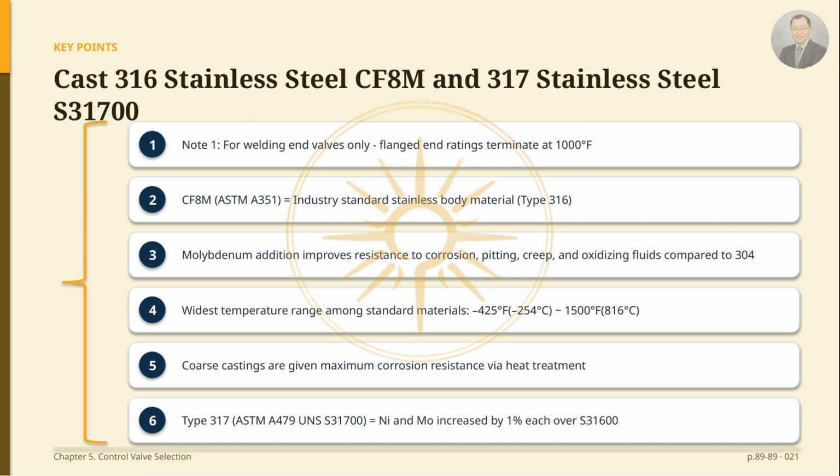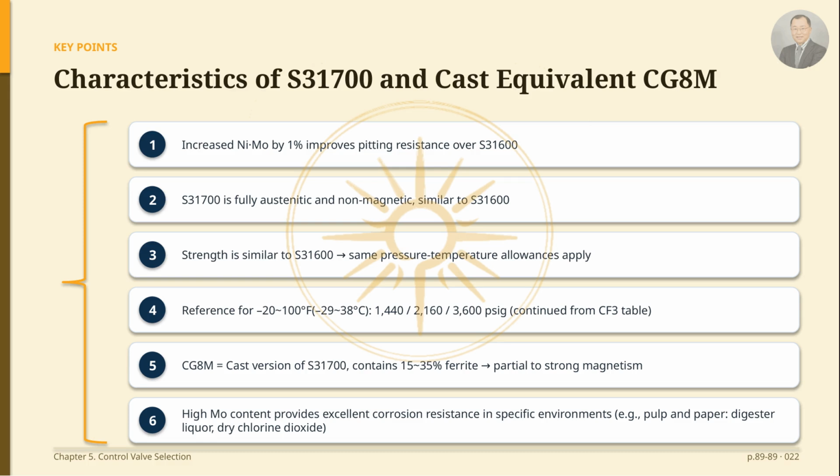Meanwhile, type 317, or ASTM A479 grade UNS S31700, is essentially S31600 with the nickel and molybdenum contents increased by 1% each. I would like to continue introducing the characteristics of